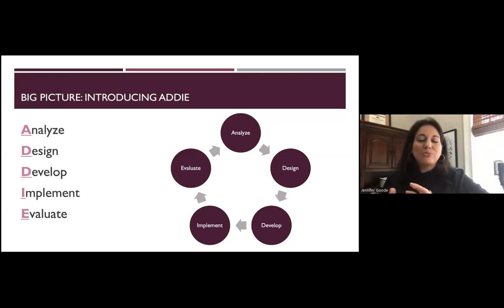It's one of the premier models in our field. And so a lot of organizations will model their processes in this format or in this way, in this workflow. And so you might see it in job ads, you might hear about it in a job interview. And this is kind of like the standard workflow process, if you will. It is a process, it's cyclical, it goes on and on and on. But we do analyze, design, develop, implement, evaluate. So I'm gonna walk you through that.